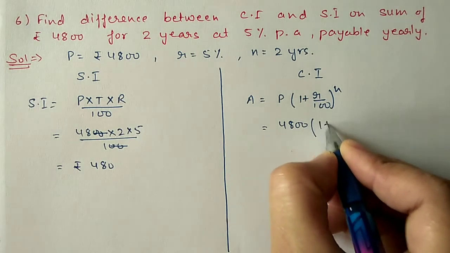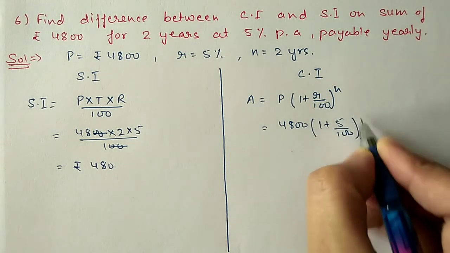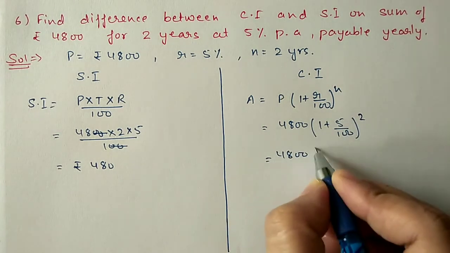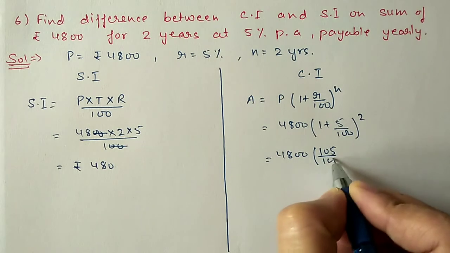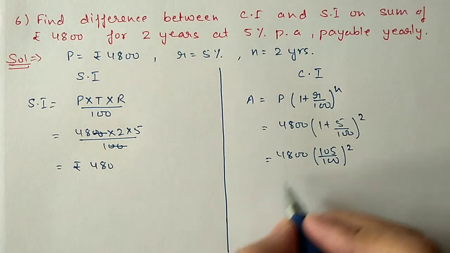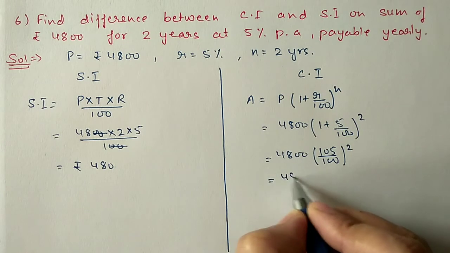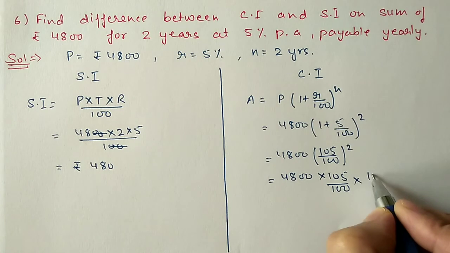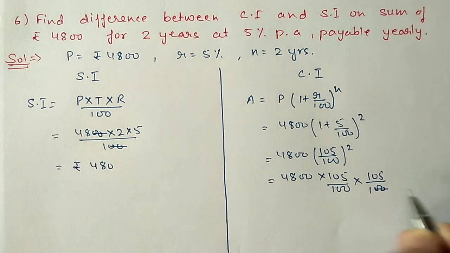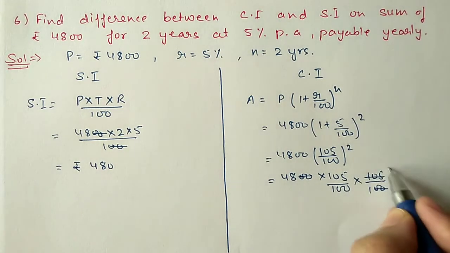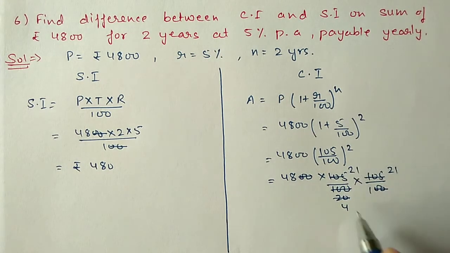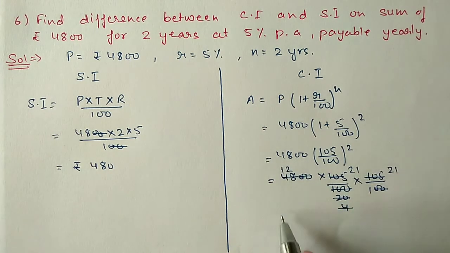Now compound interest, first we will calculate amount with yearly formula because it is payable yearly. 4,800 1 plus 5 by 100 to the power 2. So 5 plus 100 will become 105 by 100 whole to the power 2. You can cancel out it, or first you can expand, later on you can cancel out. 105 by 100 into 105 by 100. So 2 zeros you can cancel out, 5 21 times and 20 times, then 5 4 times and 21 times, and 4 12 times. After multiplication you will get